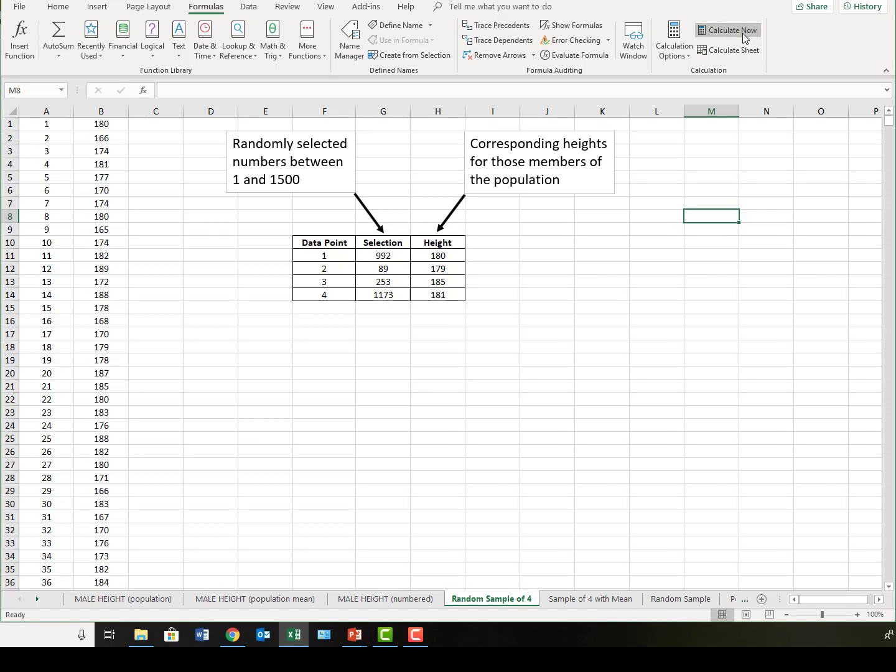Of course, what I'm actually looking for is a sample mean, so I better add on an extra line at the bottom of my table. There you are. My first random sample of 4 has a mean height of 181.3. If I took a different sample, I get a different mean, 187.3. Let's try another mean. 181.3, 176.8, 179, round about the mean for the UK, 178, 176, oh, quite low that one. 185, it's high again. 179, round about the national average. Oh, 173.8, quite low.